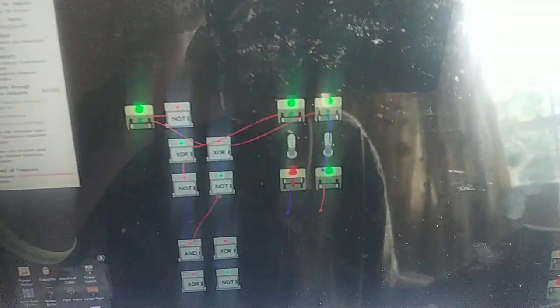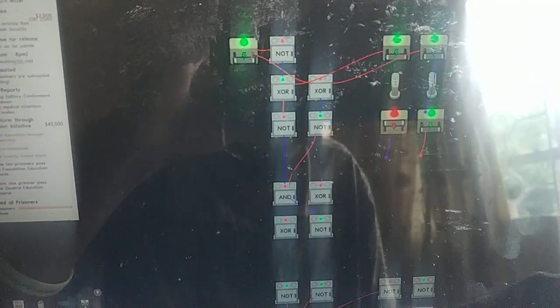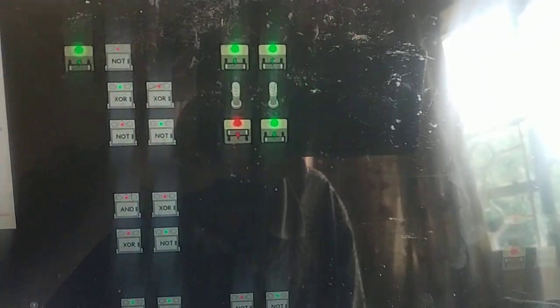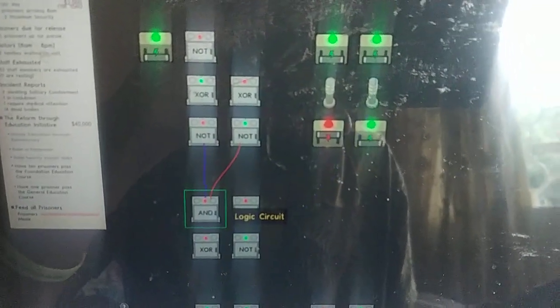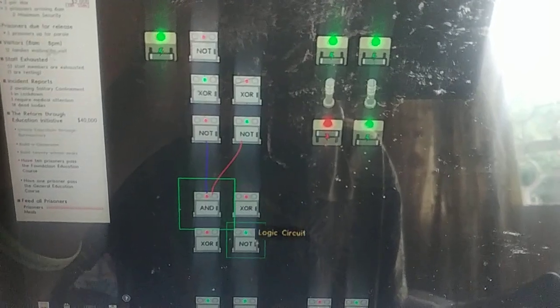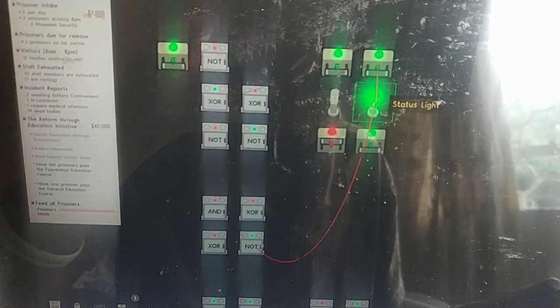So it's better off taking it here, noting it first, and then putting it through the